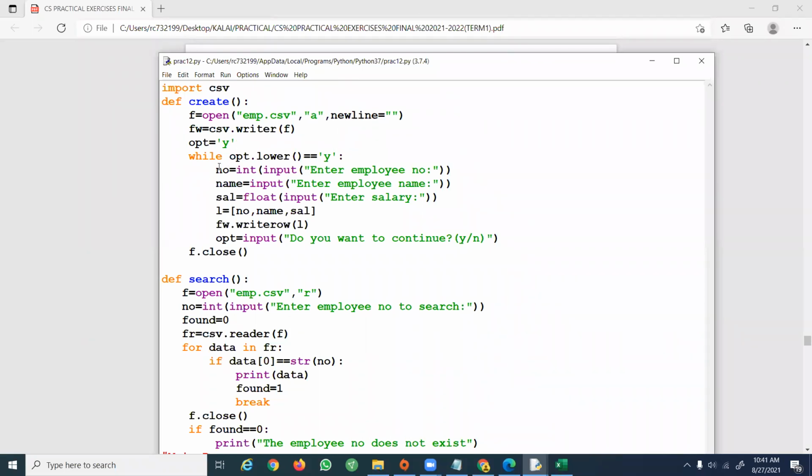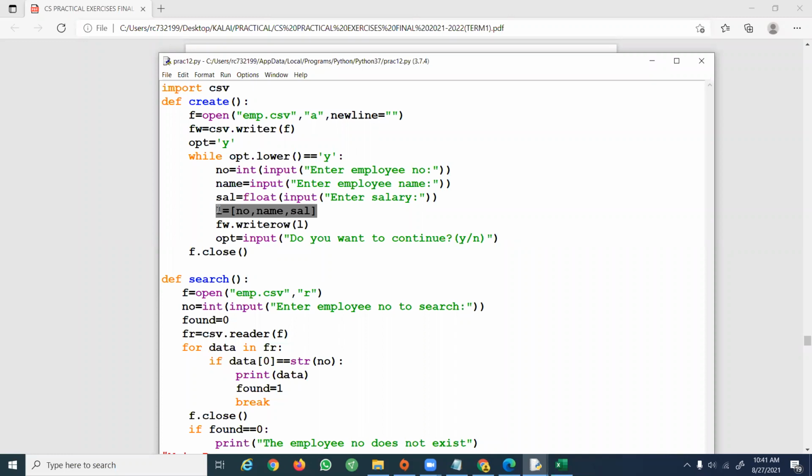Here I'm getting employee number, employee name, and employee salary, so it contains integer input and then floating point. That information I'm creating as a list. The writerow function accepts a list as an argument. writerows accepts a nested list as an argument.